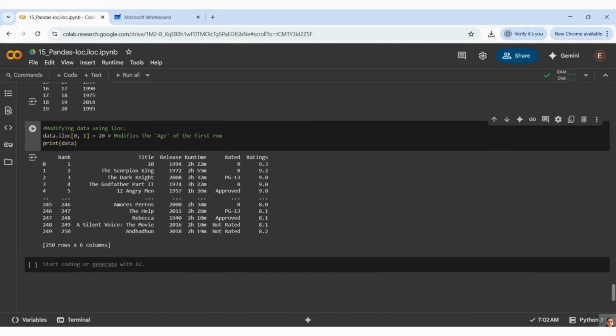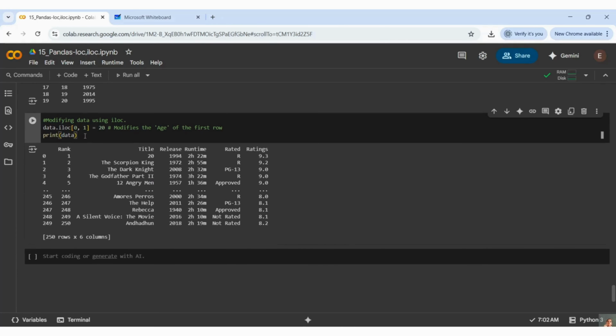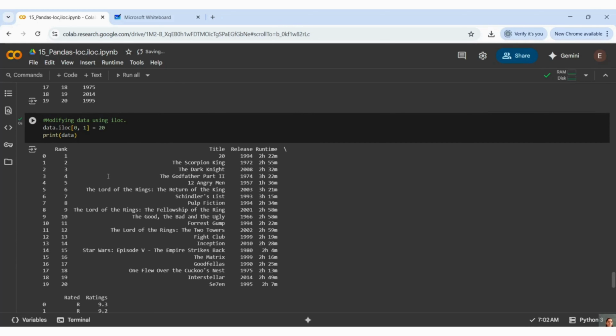Now let us see another example of how to modify a particular element of a particular row or column by using iloc. So what I am saying is, this is my zeroth row, first column. 1 means my first column.